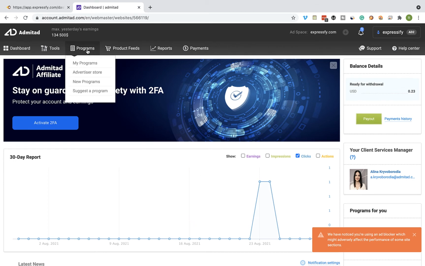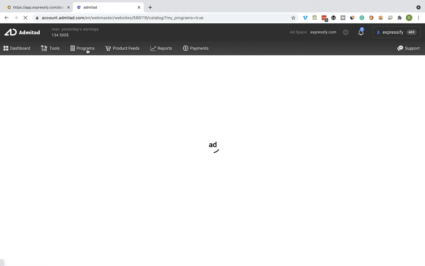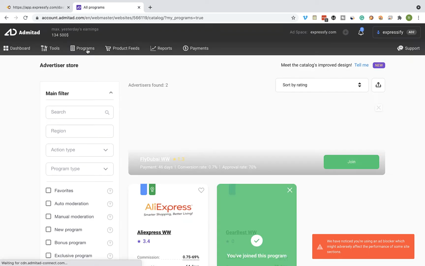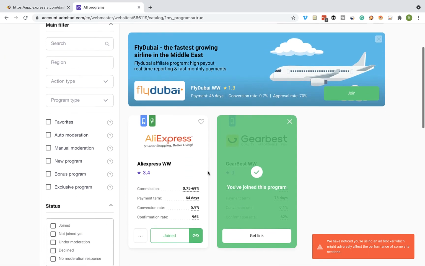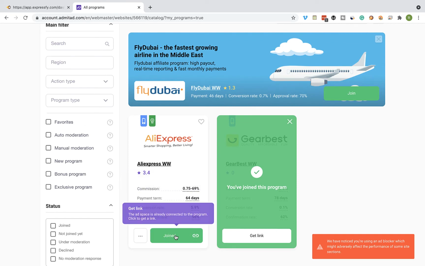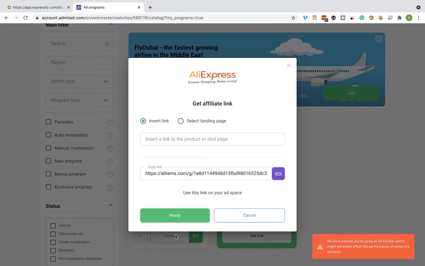Visit the programs page and join the Aliexpress affiliate program. After joining the program, click on this button and extract your affiliate ID from the affiliate link. Click on copy